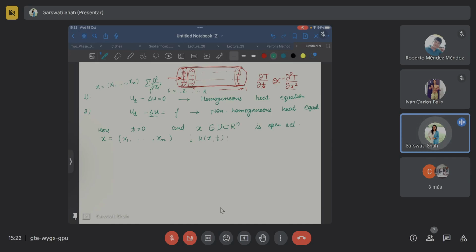So u is defined from U, and since t is also a variable, you need to take closed 0 open infinity, to R. So u is the unknown function,